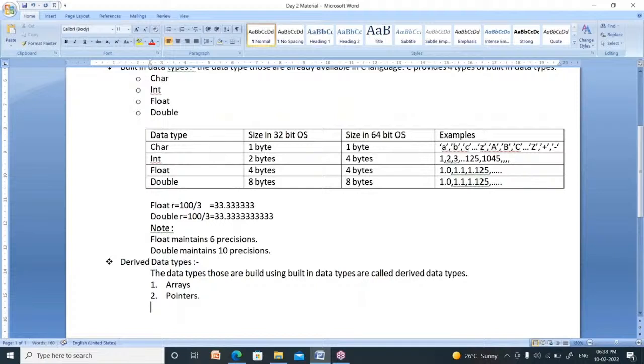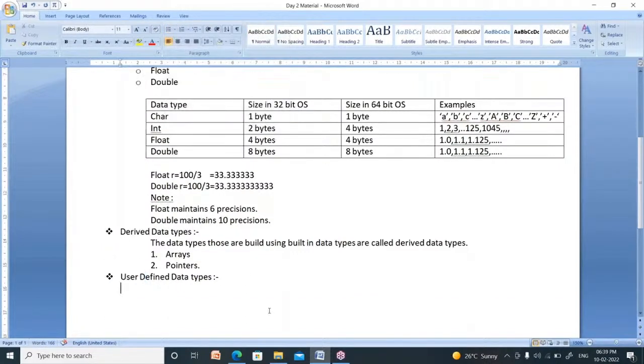Now what about the third one? Third one is user defined data types. These are the data types defined by the user, meaning you can define your own data types with your name. Suppose your name is Rama, you can define a data type as Rama.